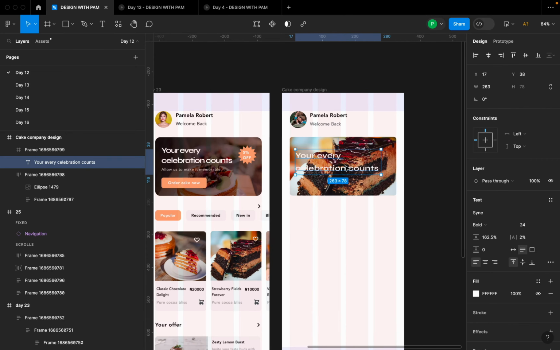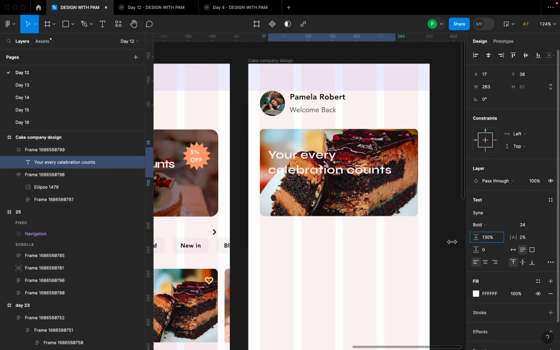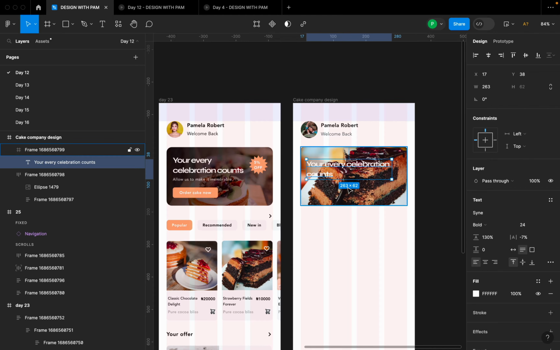Then another thing I'm going to do is that I don't like the spacing that comes with the font on its own. I'm going to try to play around with the letter spacing and the line height. The line height is already on 162. I'm going to reduce it to 130. Okay, so for this letter spacing, I'm going to give it a -7. For "Every celebration counts",